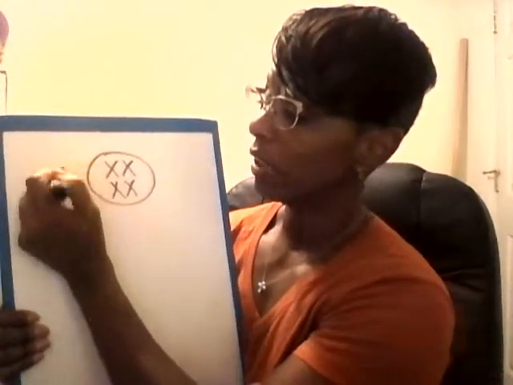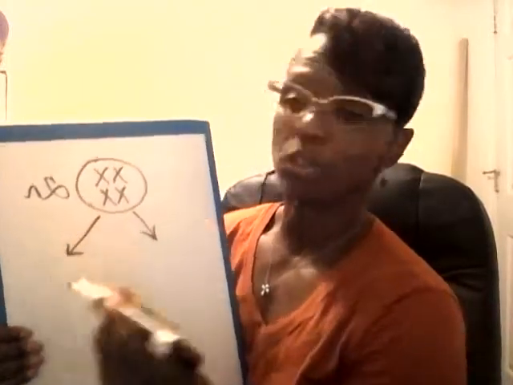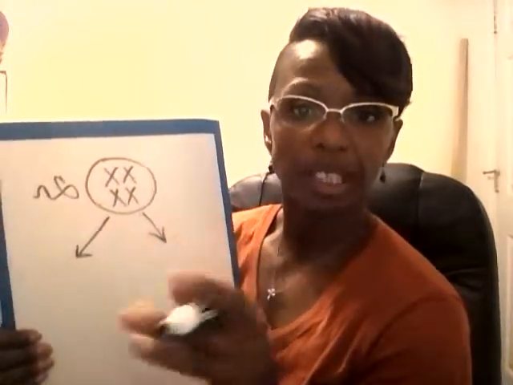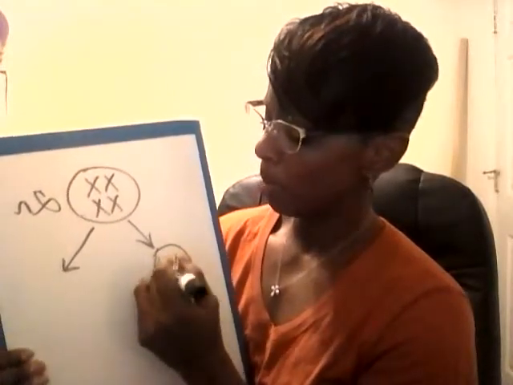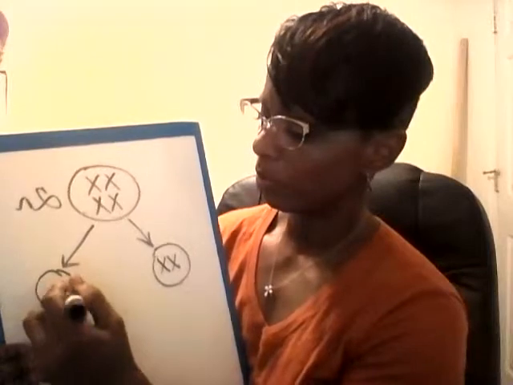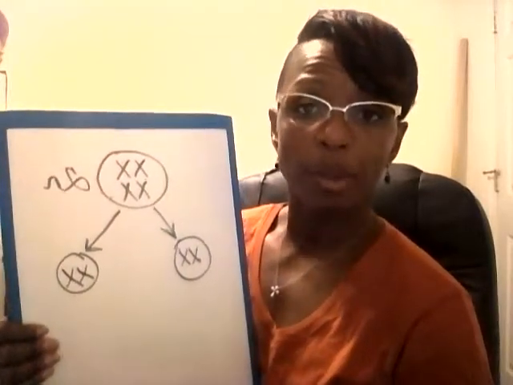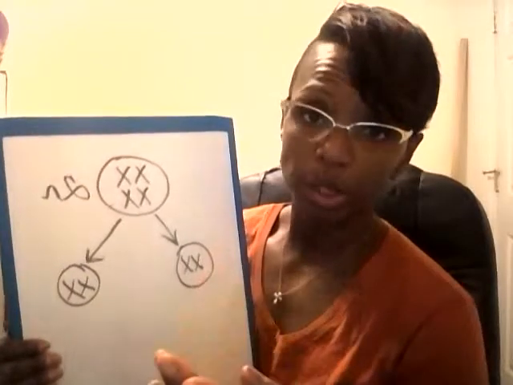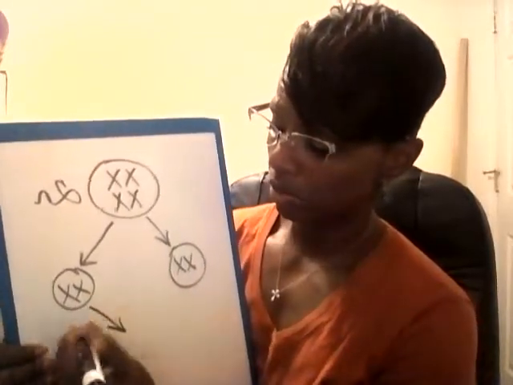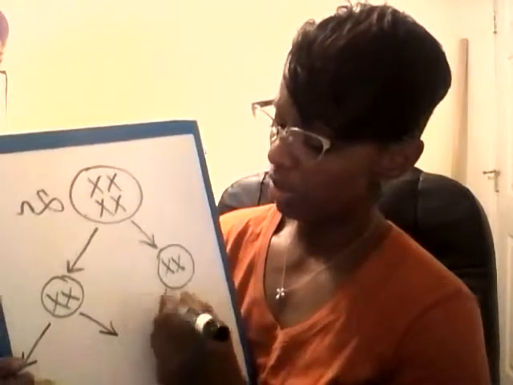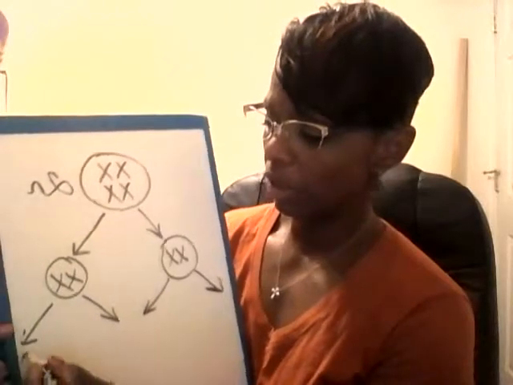This is 2n. After it undergoes the first meiotic division, that's the prophase, metaphase, anaphase, telophase 1, we end up with a reduction down to 2. But remember, in meiosis, be it spermatogenesis or oogenesis, we have the other reduction that will leave us with